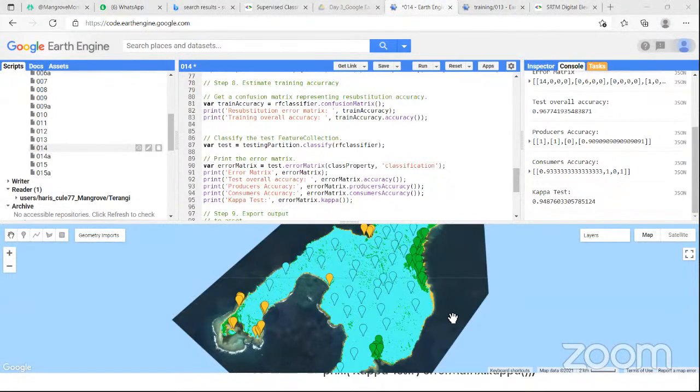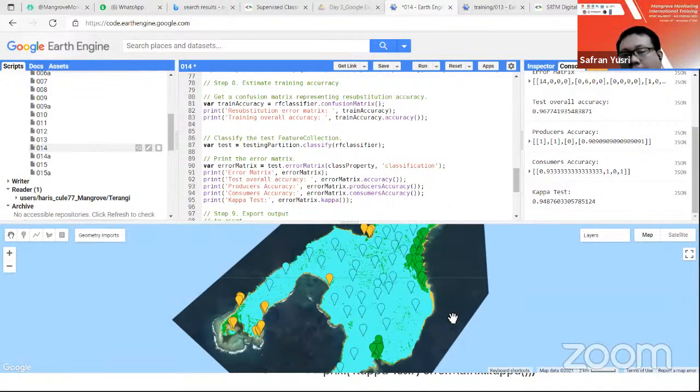Okay. So I'm going to explain a little about the types of accuracy. The user's accuracy corresponds to error of commission. It means inclusion. For example, why would bare land get wrongly classified as mangrove in the mangrove class? While producer's accuracy corresponds to error of omission, it's exclusion. For example, why would a bare land not be classified as bare land in the bare land class? To make it simple,